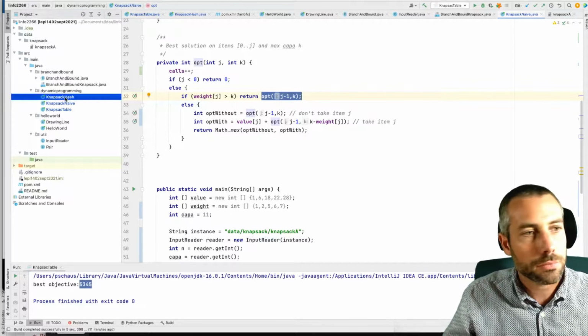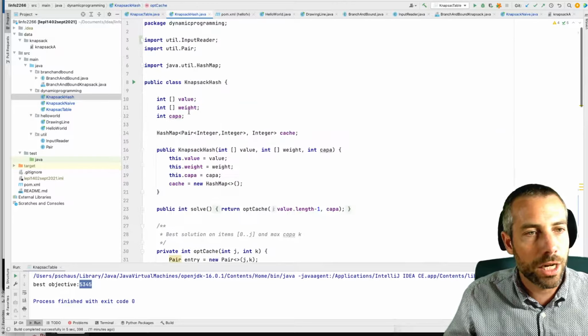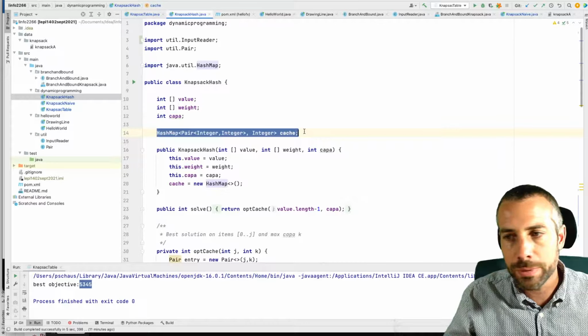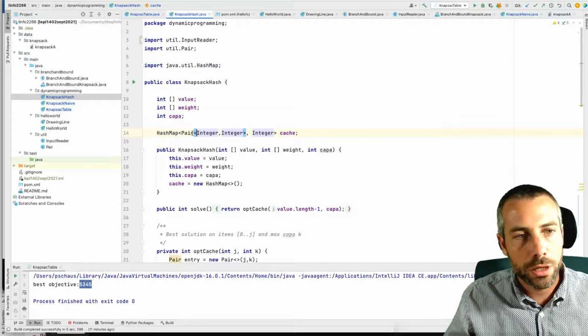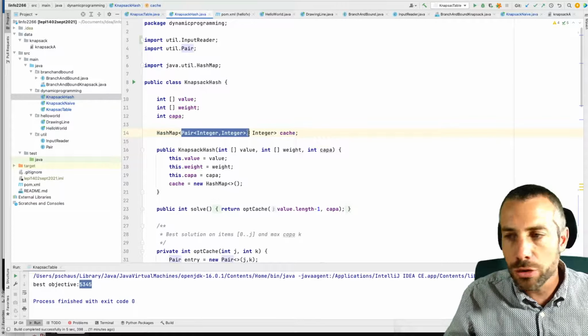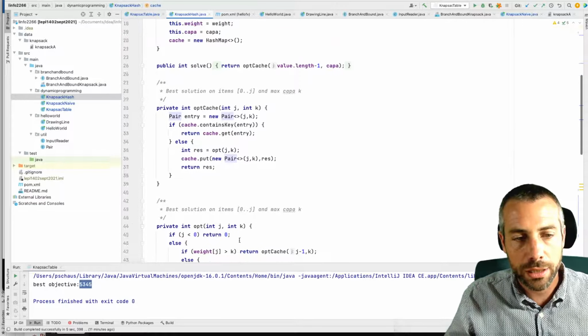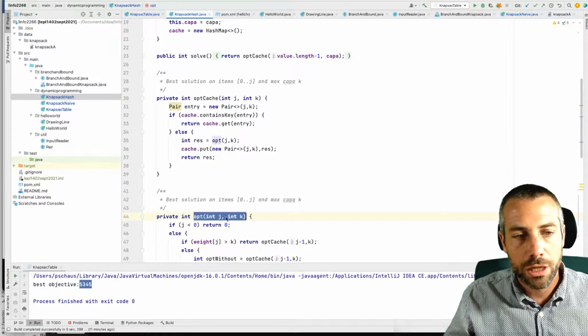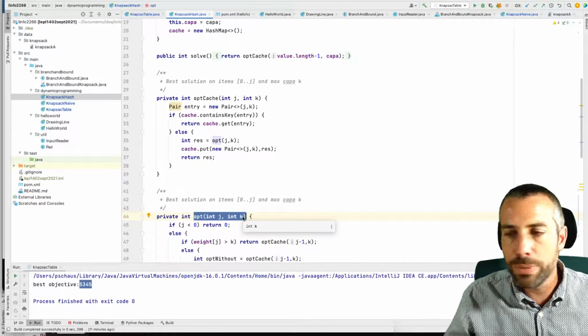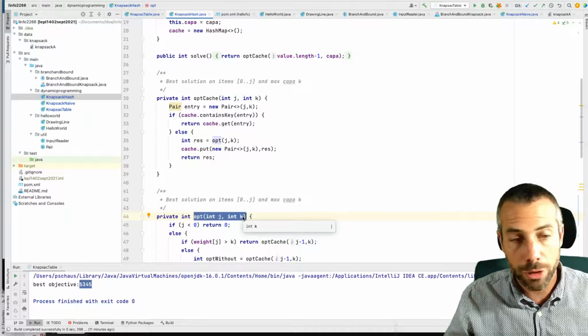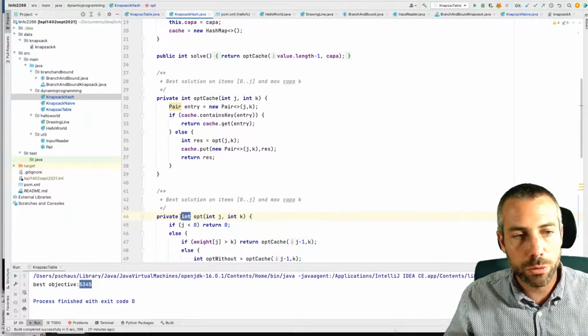This is why I'm introducing a new hash map that will remember, for every parameter of the recursive computation of opt, my recursive function, j and k as the keys that I will store inside my cache table, my hash table, and this will be the value.